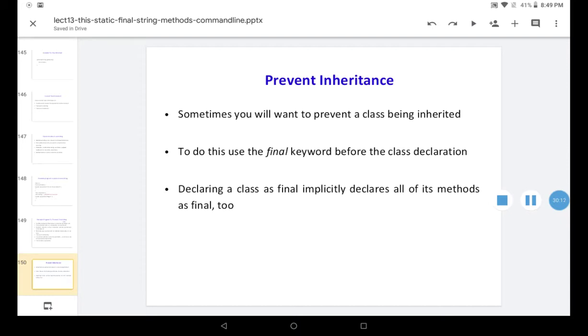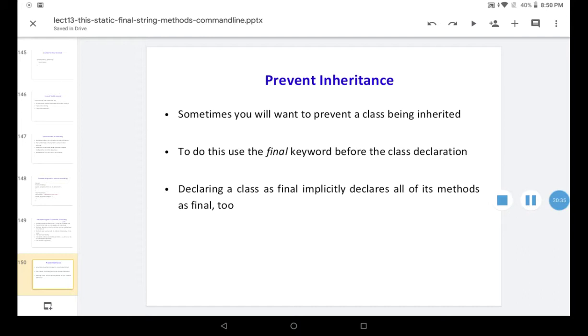So far we have seen only methods being declared as final, so the method definition will not be changed in the subclasses. But to prevent inheritance, we declare the final class.